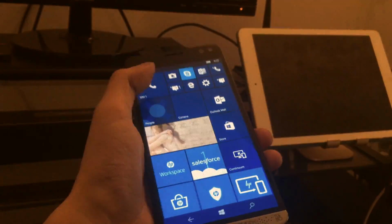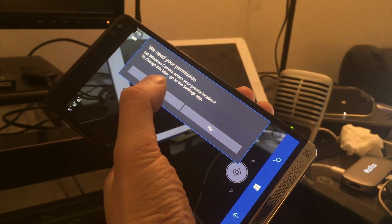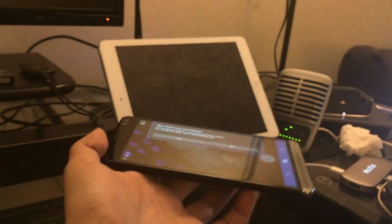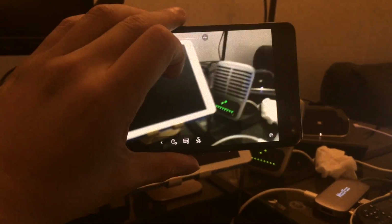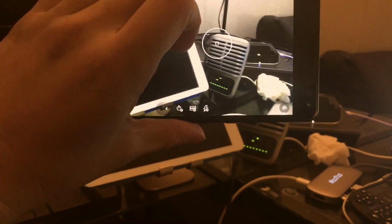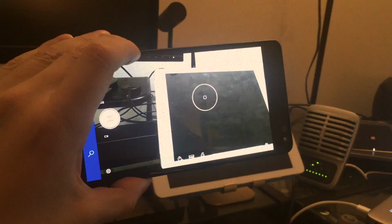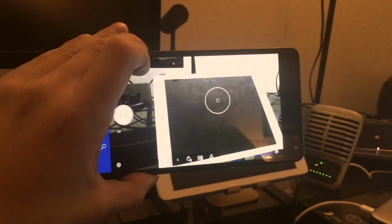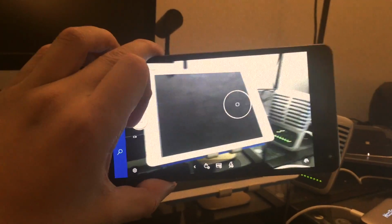What do we want to look at? The camera, right? It comes with Skype and stuff built in, of course it does. Okay, how does the camera look? Oh, I have to do this one-handed and it's a phablet. Alright, so let's try taking a picture here. Can I do a bokeh kind of focus right here? I'm not sure. Alright, so this is kind of hard because I'm using my iPhone to record my HP Elite,